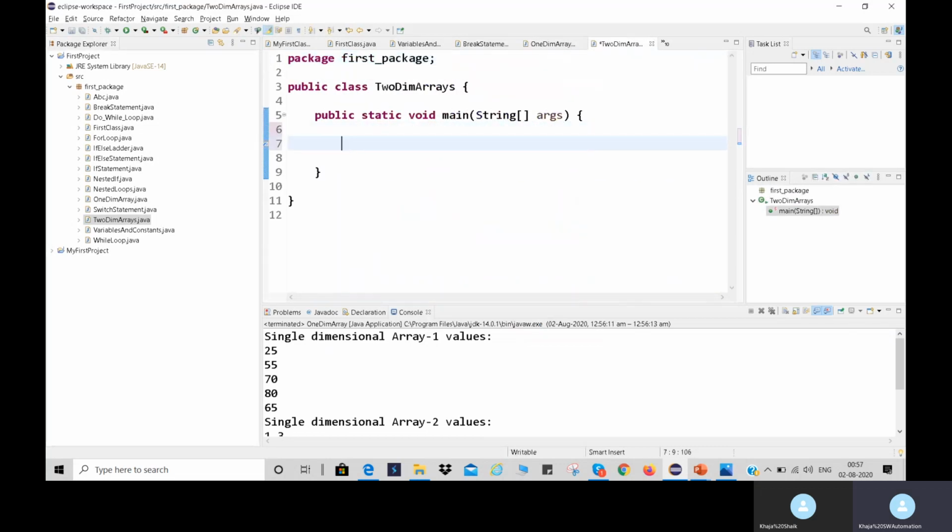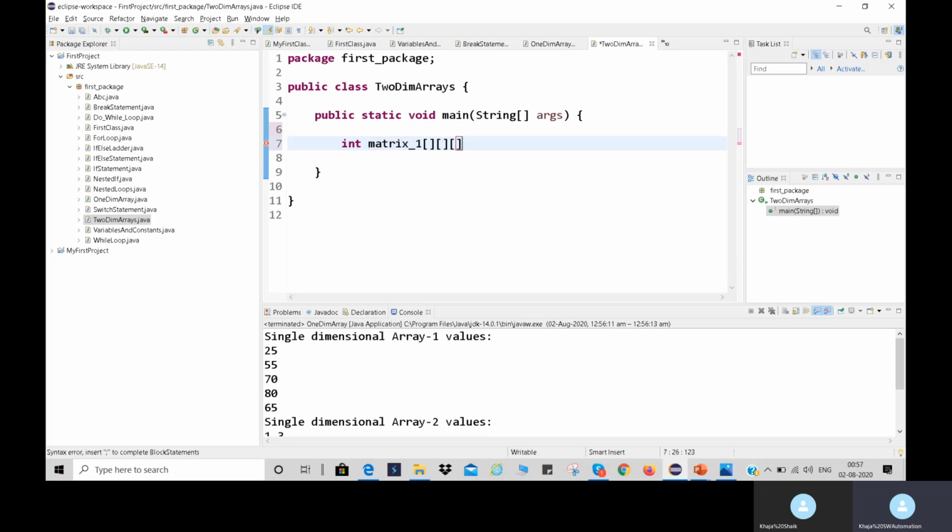Here I will create a 2-dimensional array, like int matrix_1. So how do we create 2-dimensional arrays?